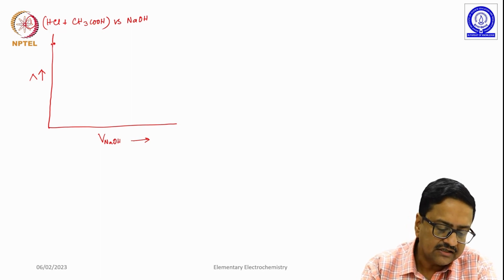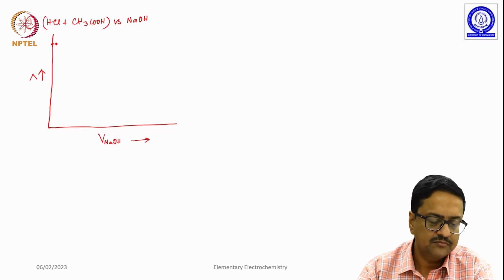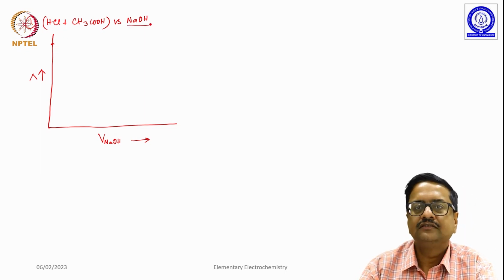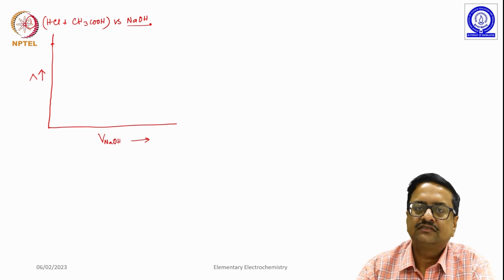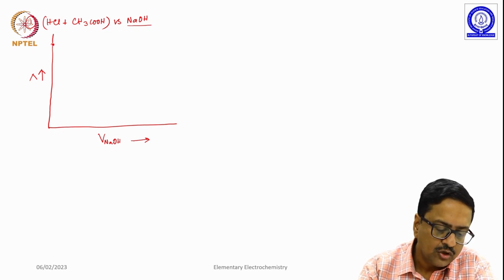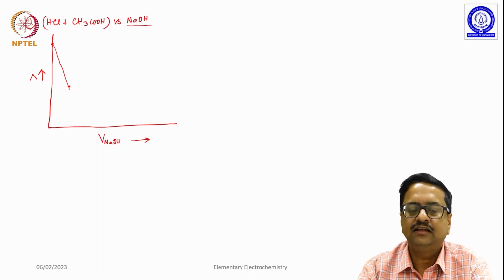So the conductance that you get is mostly because of the conductance given by HCl. So when we are titrating it with NaOH, it is now just a strong acid, strong base titration. With addition of more and more NaOH, the conductance should decrease sharply till the H plus ions coming from HCl